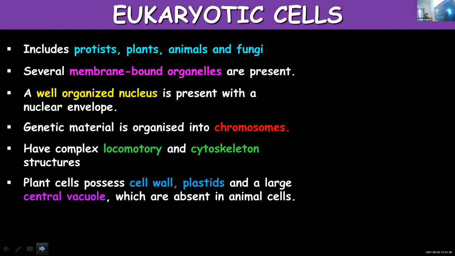If you take the case of plant cells, there are some major differences between plant and animal cells. Plant cells have a cell wall. Apart from the plasma membrane, they have a cell wall made up of cellulose, plastids, different types of which you learned in class 9, and a large central vacuole. These are absent in animal cells. Animal cells do not contain a cell wall. Plastids are absent in them. They have vacuoles, but not large vacuoles, and not at the center. And we can easily distinguish them.